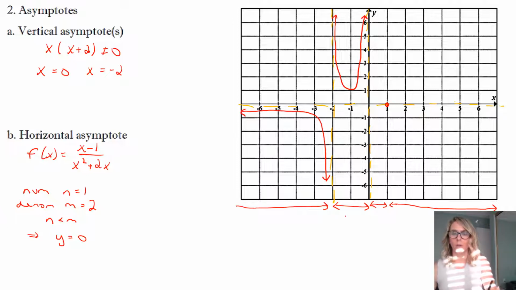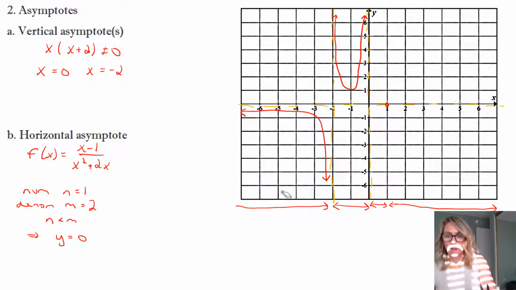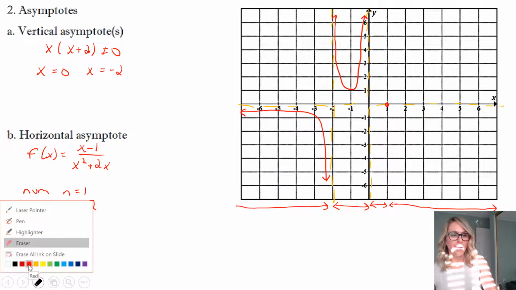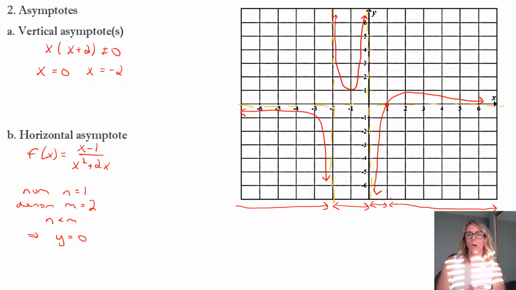Now, after 0, but before 1, we are negative. So we need to be underneath the x-axis, and we need to be coming up to 0 at the x-intercept. And then after that, we are positive, but again, long term, we have to approach that horizontal asymptote. So I'm going to come up, but then as I keep going, I'm going to get close again to that horizontal asymptote. So here's a sketch of what this function looks like, and that's using all the pieces that we've talked about to get an idea,